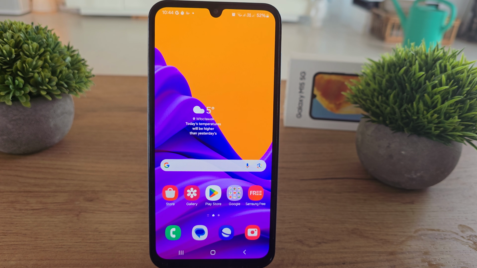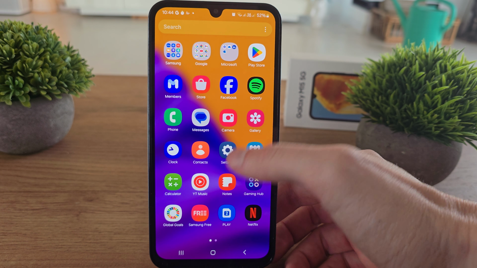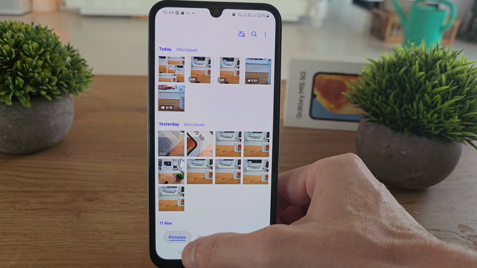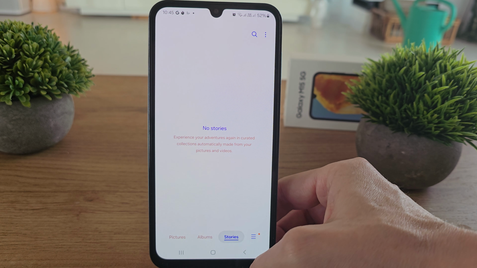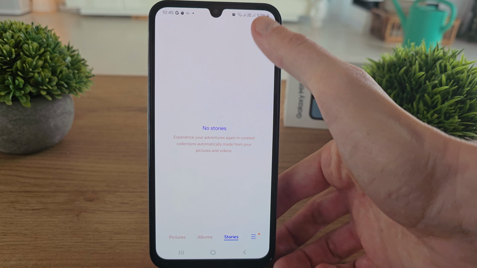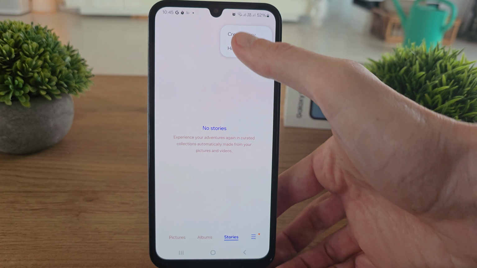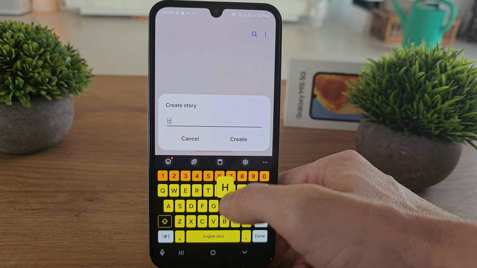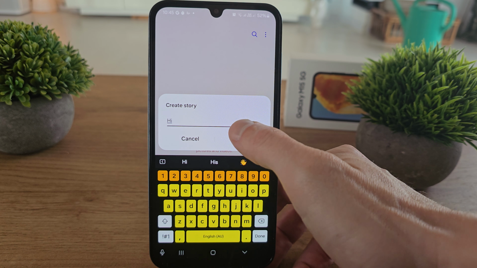I'm going to show you how to create stories in your gallery with the Galaxy M15. To do this operation, slide up, go to Gallery here, and down here you have a picture album, and of course there is the Stories. So click on the three dots here, create story, name the story, create it,